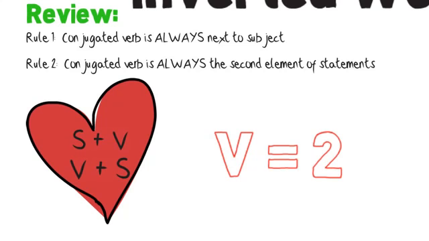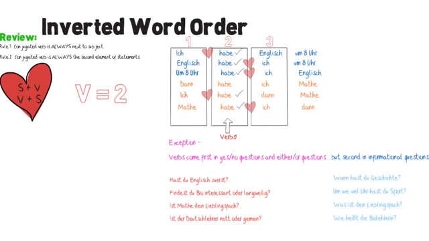Finally, let's review the essentials. Subjects and verbs will always appear next to each other in German sentences, but it doesn't matter what order they're in. What matters is that the verb has a very special spot in the sentence, the second position, and will always go there in any statement or informational question. In yes or no questions and either or questions, the verb will go first, followed by the subject. Again, this can be tricky for English speakers because English grammar habits can interfere with making good German sentences. So remember the heart